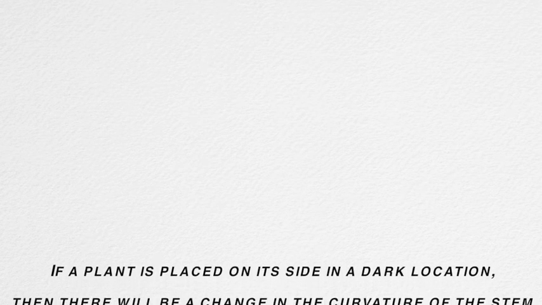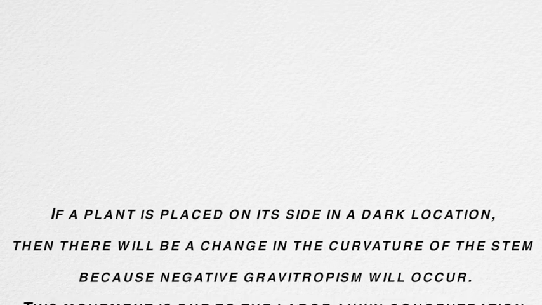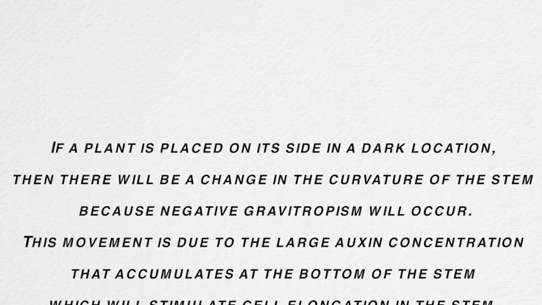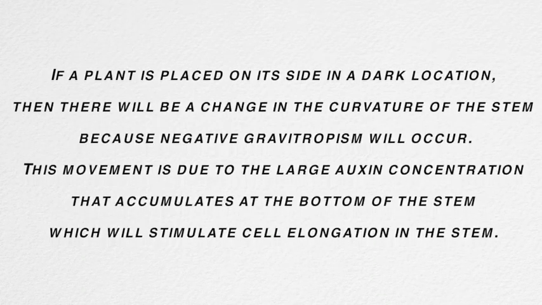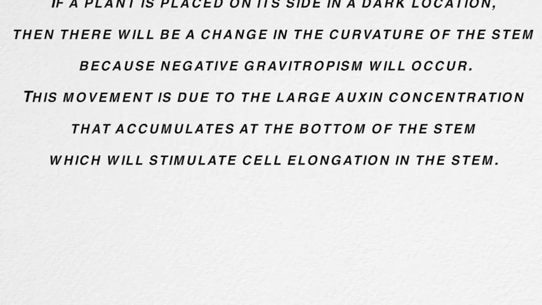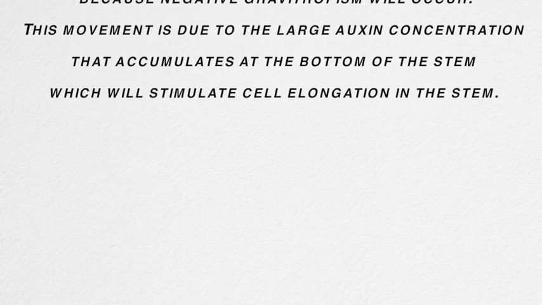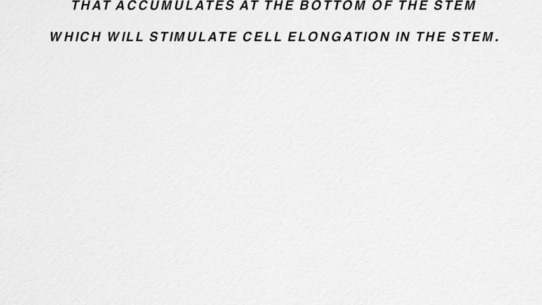Problem. Why is plant growth affected by gravitropism? Hypothesis. If a plant is placed on its side in a dark location, then there will be changes in curvature of the stem because negative gravitropism will occur. This movement is due to the large oxygen concentration that accumulates at the bottom of the stem, which stimulates cell